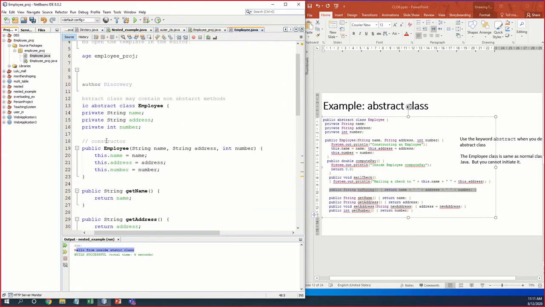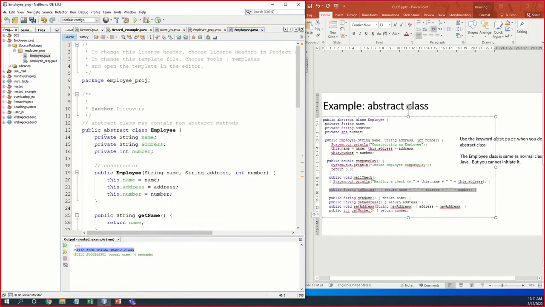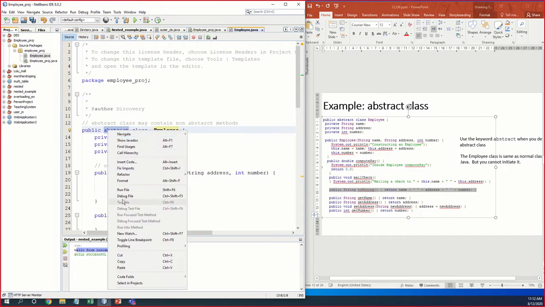But what is the class? In front of the class, I put the word what? Abstract. When I say abstract, it means the code should be hidden. So what does that make the class? Is it a normal class or not? There's only one difference. If I remove abstract, without abstract,